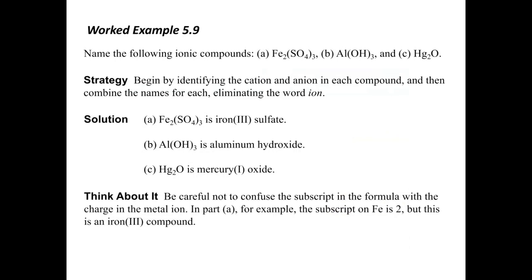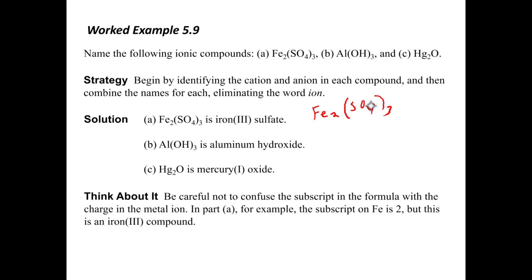So how are we going to name these? These are going to be ionic compounds, just like what we talked about at the very beginning. The only difference is now we have polyatomic ions. So if we have Fe2(SO4)3,